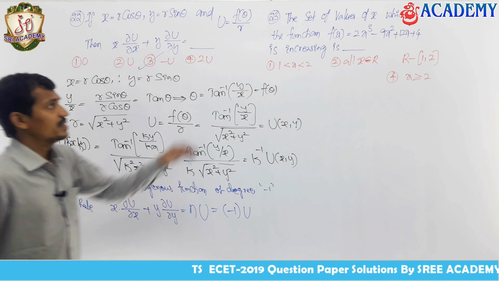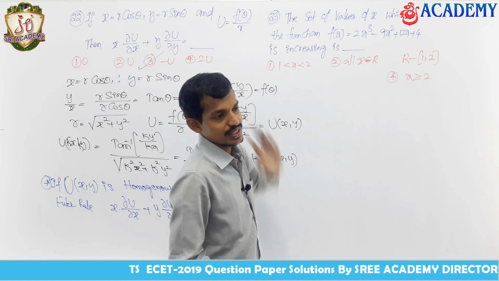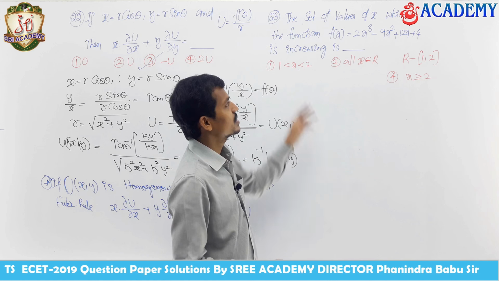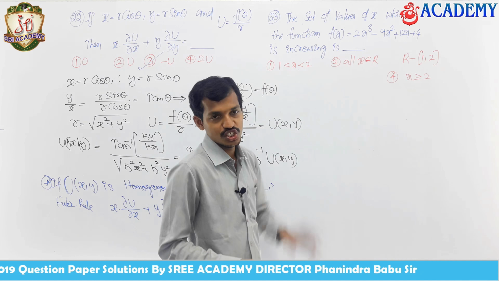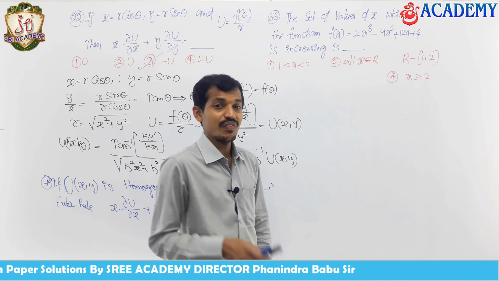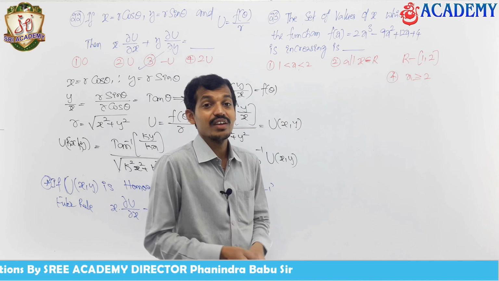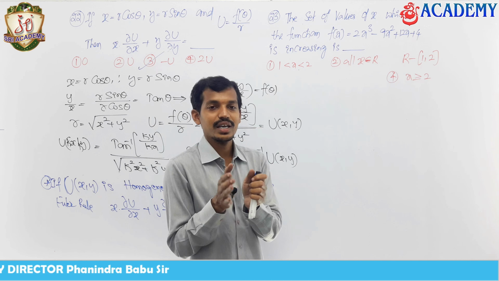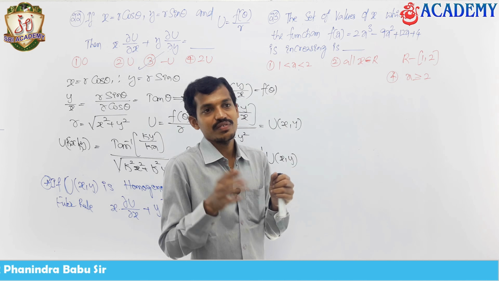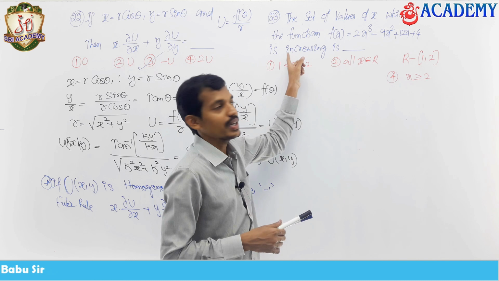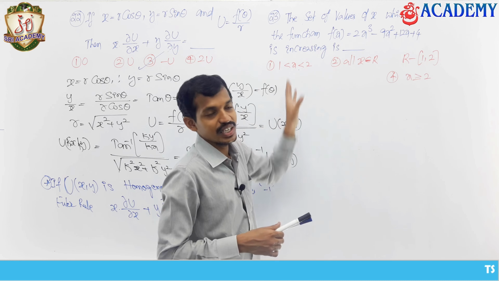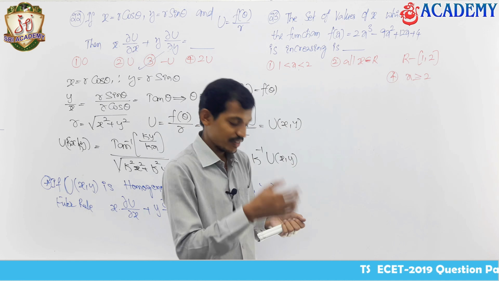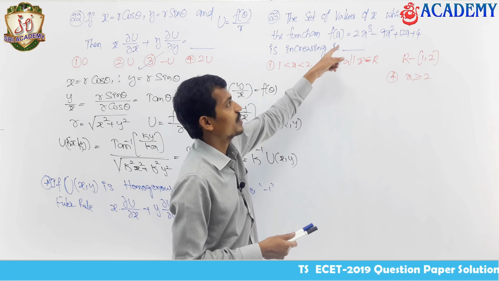See the set given here, this belongs to applications of derivatives, that is, the set of values which satisfy this equation. This function is going to be an increasing function. When the function is increasing, it means the derivative of that function is greater than 0, and in those values it is going to increase. We have to find between which values the derivative is greater than 0, which we will find by finding the derivative of that function.